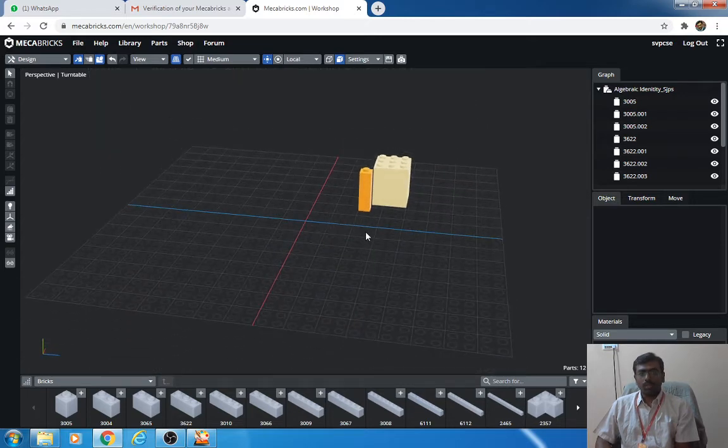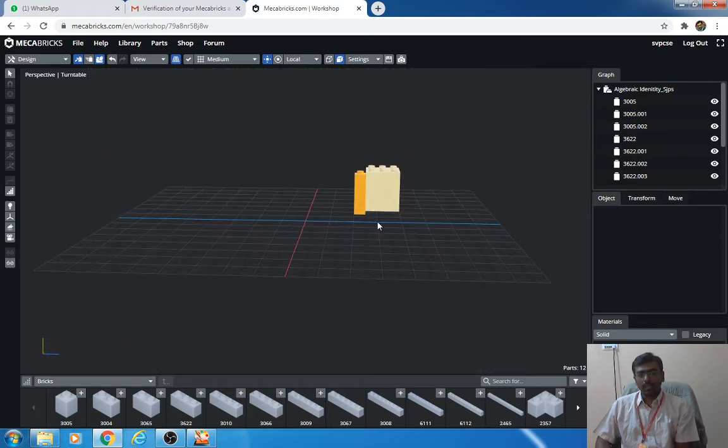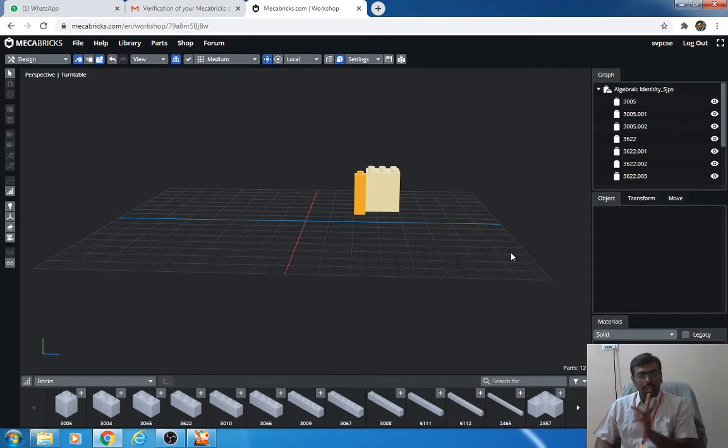Now we will frame 3a square b. First we have to make the a square b. First I am making a square. For making a square I am using a 1 cross 2 brick. You will get the 1 cross 2 brick up here in the central axis.